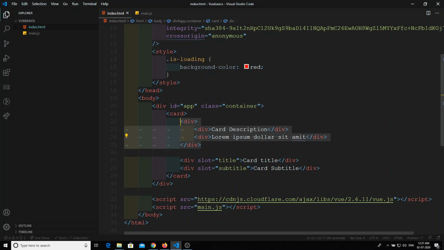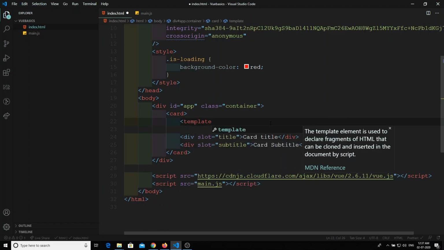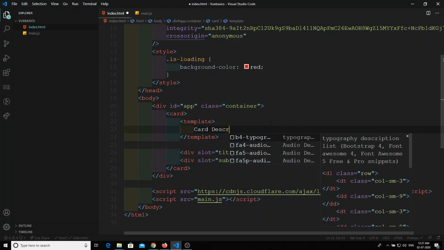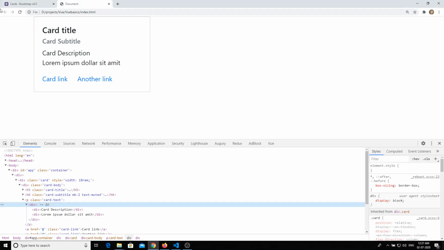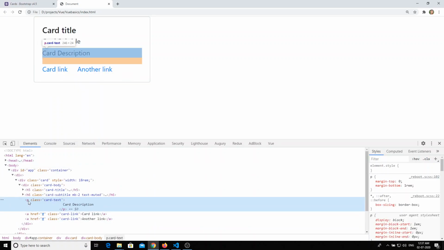So what we can do is use the template, and we can write whatever we want directly here. Now if I mention it here, you got the card description, and see, this is directly wrapped in the p tag, so there is no markup mentioned here.